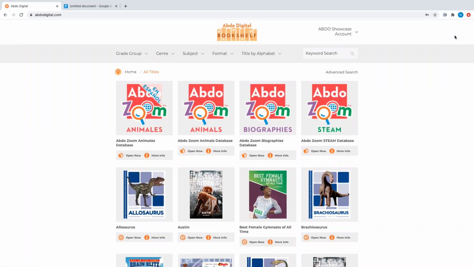I wanted to introduce you to a couple of features that we've implemented at our Abdo Digital Bookshelf. Some of you have seen these features, some of you may have not, so I wanted to share them with you. When you're in your Abdo account and you're accessing an Abdo title, we've added a feature at the bottom